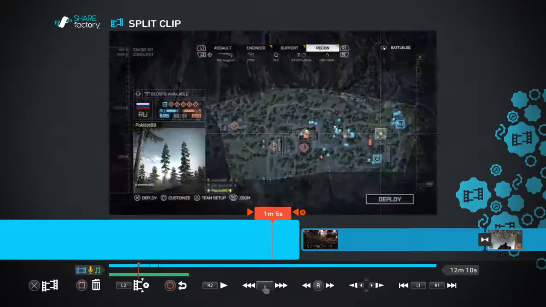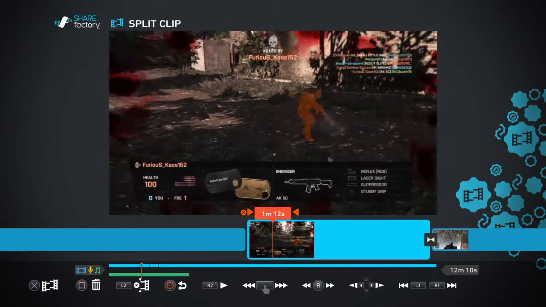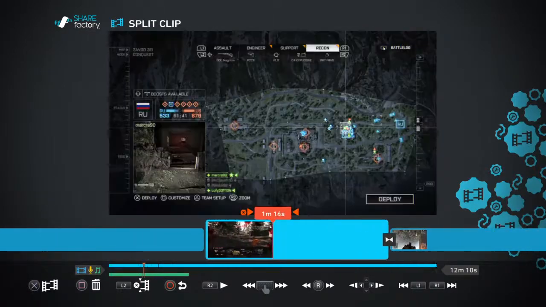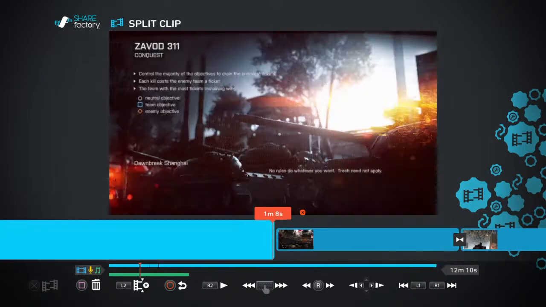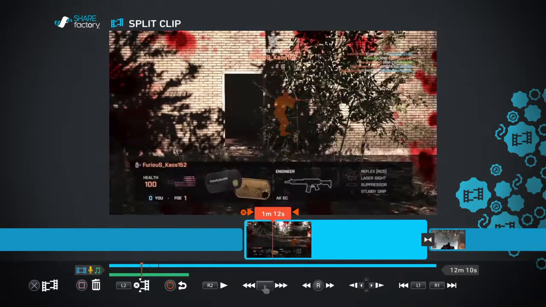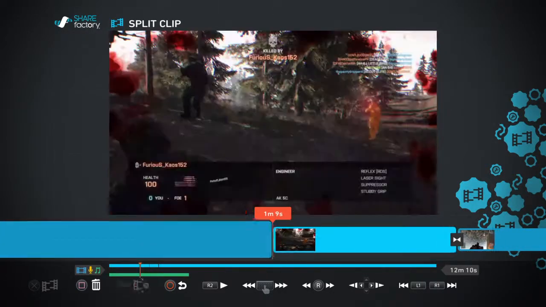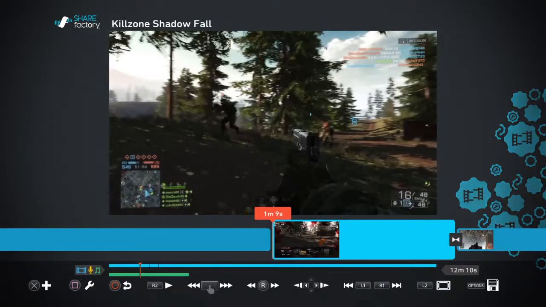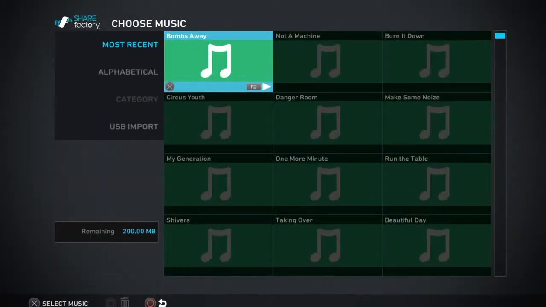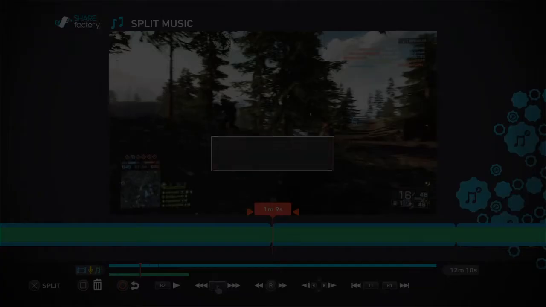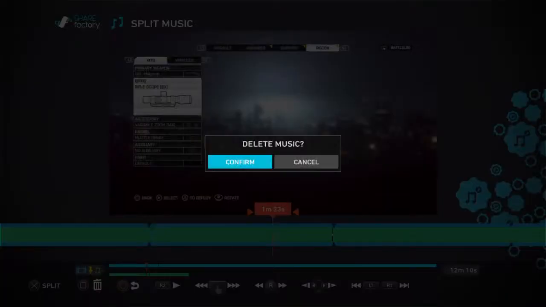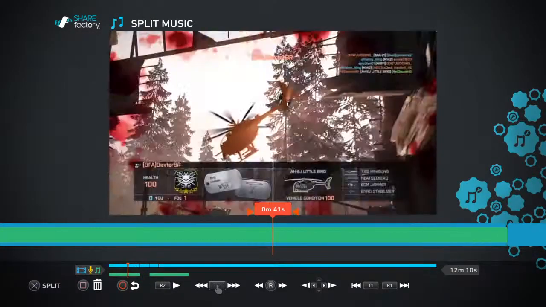So the music will stay the same. I can't remember what I did one time. Okay, I remember how I did it now. Let's say this is a minute 9 seconds in, and then it goes to a minute 30 seconds. If I don't want any music in this clip right here, I can click edit music. I can split the music at 1 minute 9 seconds, confirm, and then 1 minute 30 seconds, delete, and then delete the music here. So that way the music will only go from